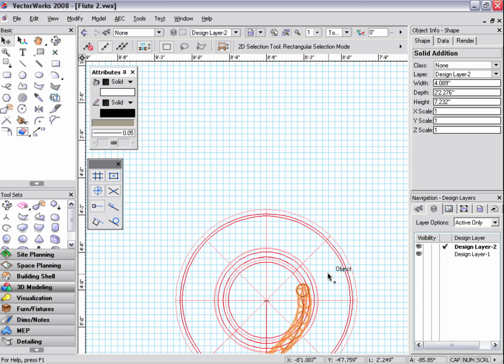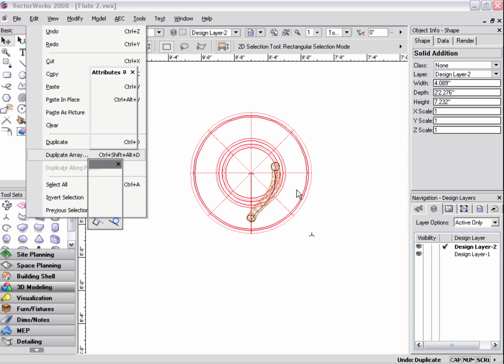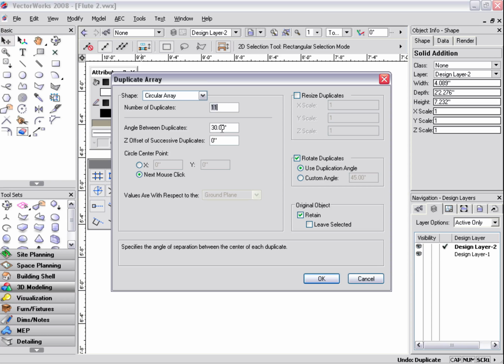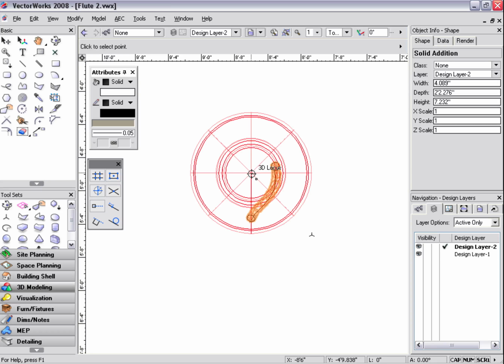What I need to do is create 12 of these. The duplicate array. I've got the 11 duplicates, the angle is 30. Next mouse click, and I forgot this, rotate duplicates. I need to rotate around instead of just not rotating and moving each object into place without rotating. I wanted to rotate the object, so I'm going to choose to retain all the other parameters that were correct. I'm going to click on this, find the 3D locus point,